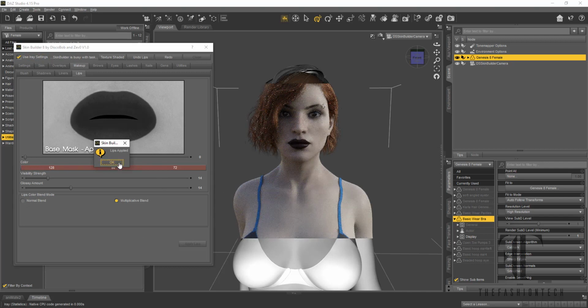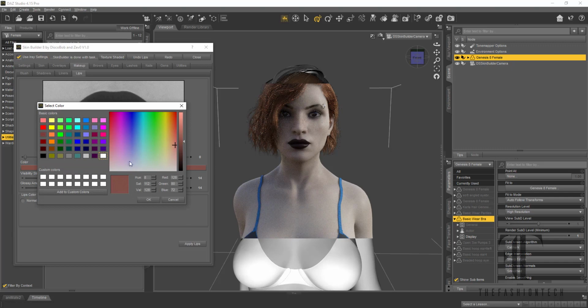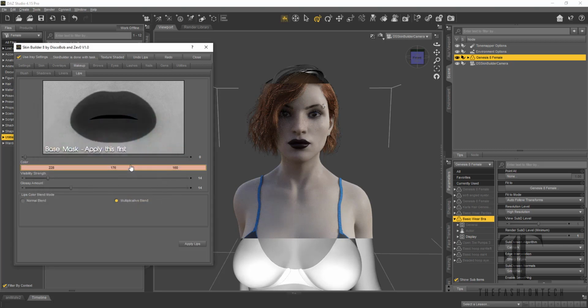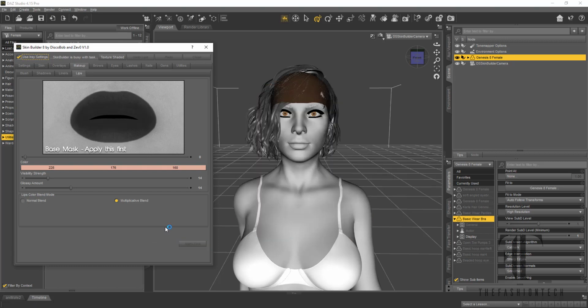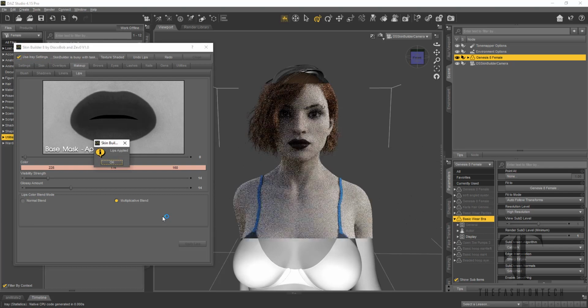So what we're gonna do here is, since this seems like it's black, we're gonna go up a little bit and go down a little bit and get a little peak. Now let's try this. I think that goes with her better. I think I was heading too dark. Why does it look so dark? But here's a part where you have to get creative. With the skin builder, you're gonna have to colorize your own thing. This is going on to the